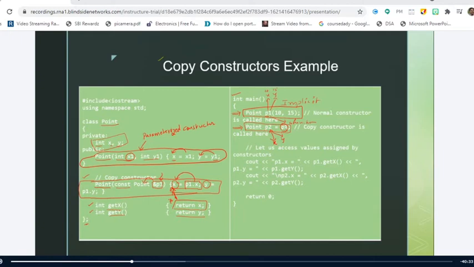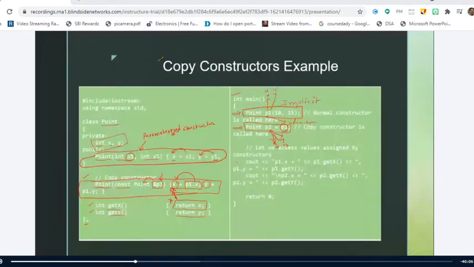So here x and y belong to P2. In this statement, I am doing x is equal to P1.x. I know the value of P1.x is 10. Therefore, P2.x also consists of 10. Similarly, I am copying P1.y, which is 15, into y. Therefore, y that belongs to P2 is assigned the value of P1.y, which is 15.